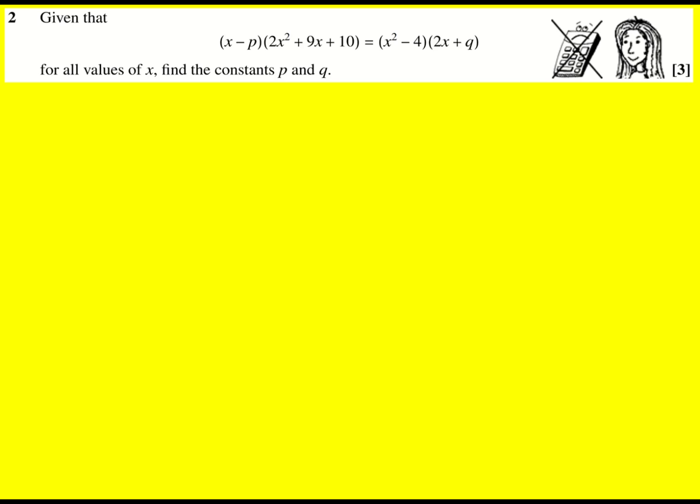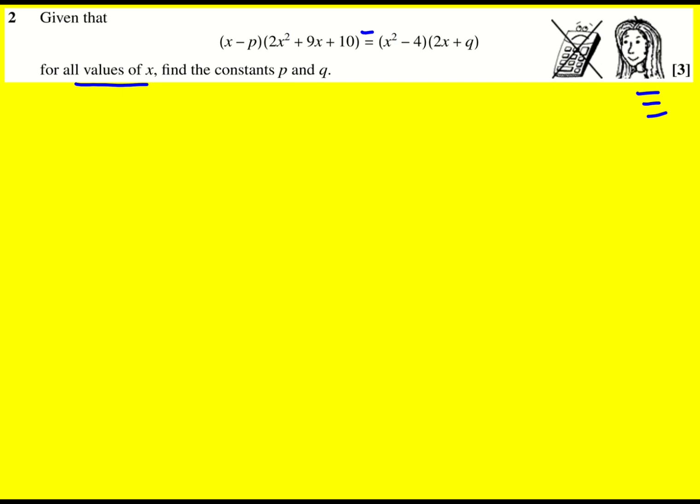We have an equation here, but actually we're told that it is true for all values of x, which in fact means that it's an identity, and we can use 3 bars instead of 2 to denote that. And we're asked to find the constants p and q. Now, what we can do is expand out the left-hand side and the right-hand side, and then compare coefficients,